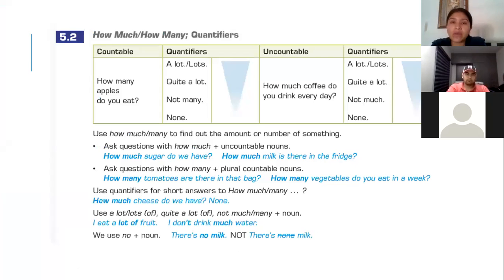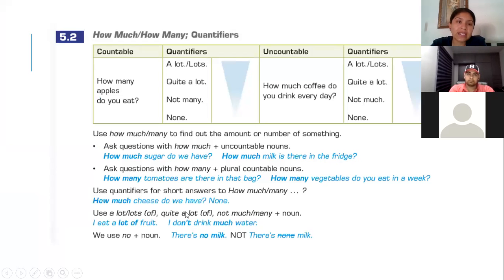So we have been working with the countable and uncountable nouns since last week. And yesterday we saw how to talk about the countable or uncountable, talking about their presentations, right? For example, a bag, a can, a box of, and like that. Okay, so how can I ask about the amount or the number of something that you want? How can I ask for it? ¿Cómo puedo preguntar o pedir the amount, la cantidad?